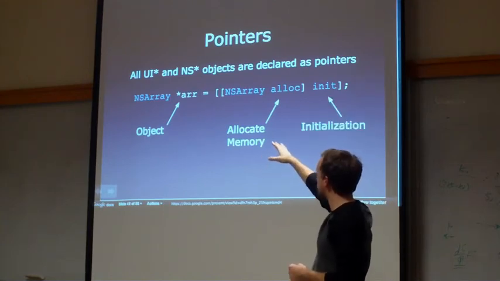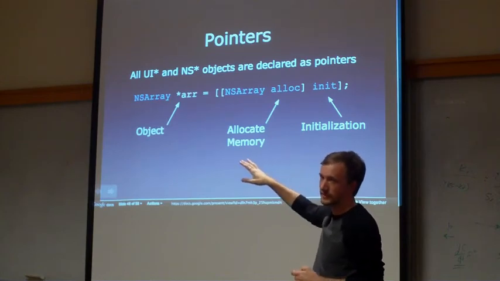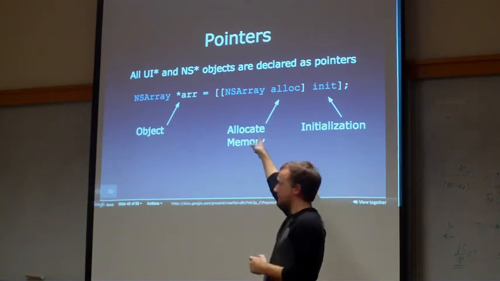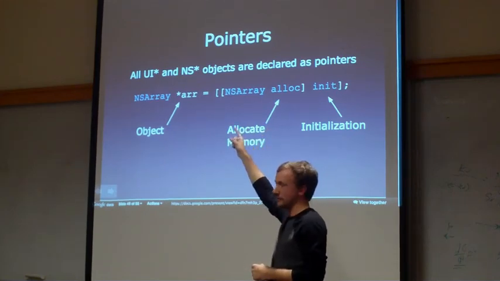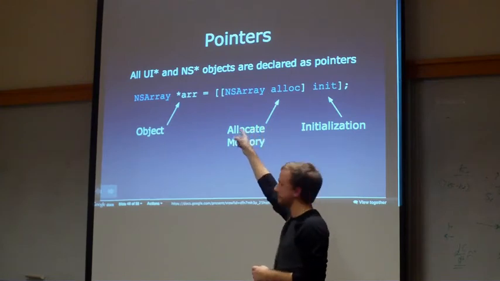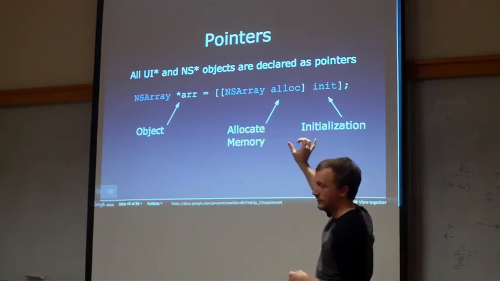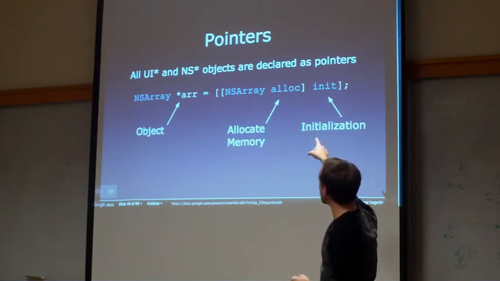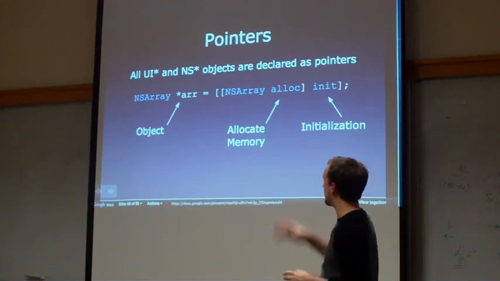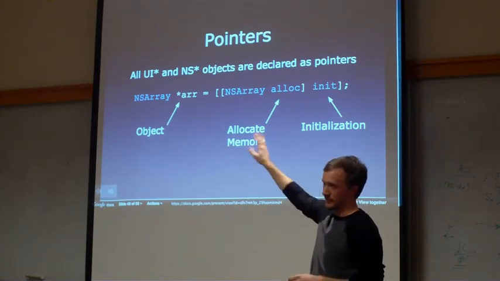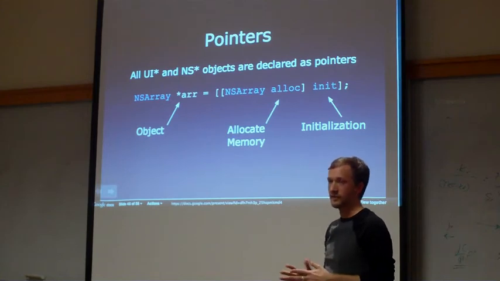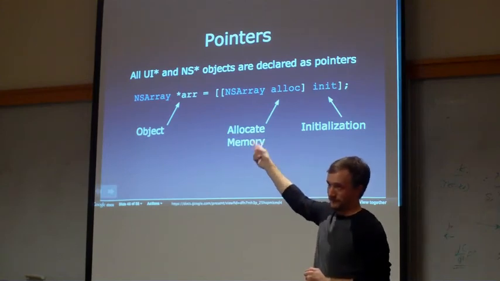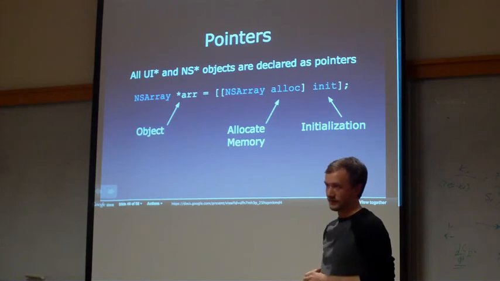And this is another example too of sending messages to objects. Our NSArray class, we are sending the class method allocate. And then to what is returned from that allocate method, we are sending an initialization method. And basically all this is going to do is give us an empty array. And like I said before, with the mutable and changing and all that sort of stuff, that thing is dead. That array is not going to do anything. It is not initialized with any data. You can't append anything to it.